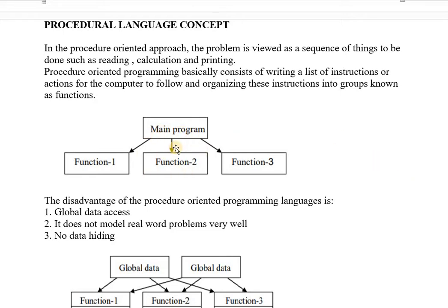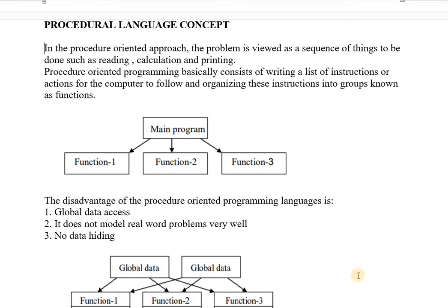So as you can see in this diagram, we usually do not write the complete code inside the main program, because compiler first, when execute your program, it looks for the main function. So it is not good to write the complete program into main program. So that's why we write separate functions. For example, if we want to perform addition, subtraction, division, then we will write the separate functions for each of these operations, and then we have to call those functions inside the main function.